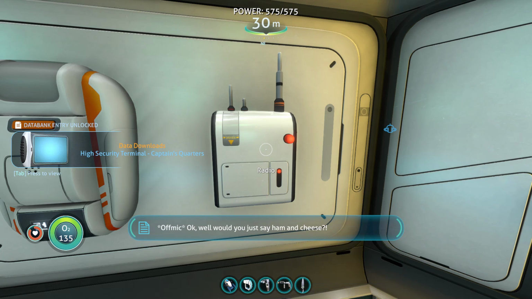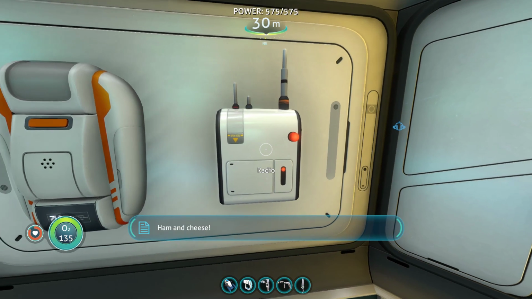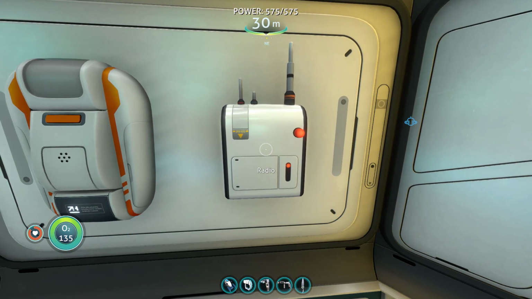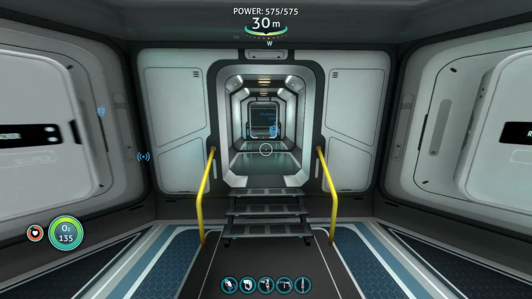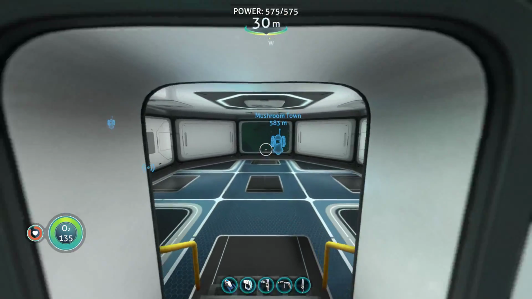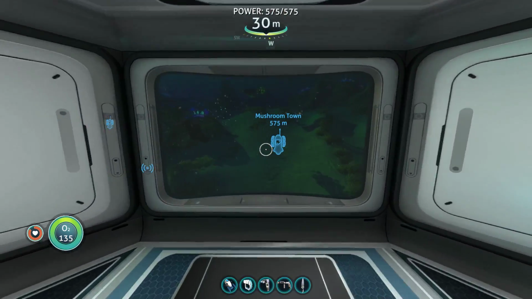Ham and cheese. Okay. I actually remember getting that one when I was playing my other file. So now we have the code to get to the captain's quarters in the Aurora wreckage, which is also something we need that I forgot about. But we're still not going to go there yet because we need the laser cutter. So now I need to...